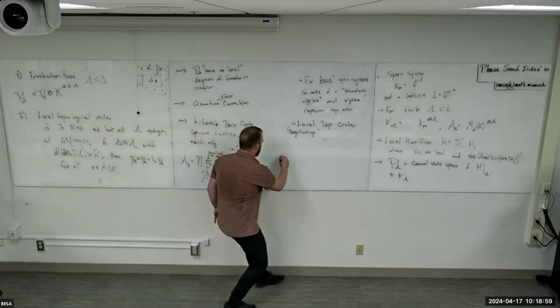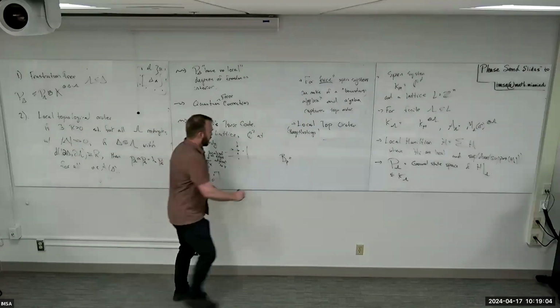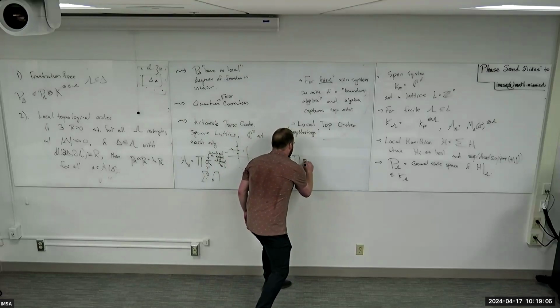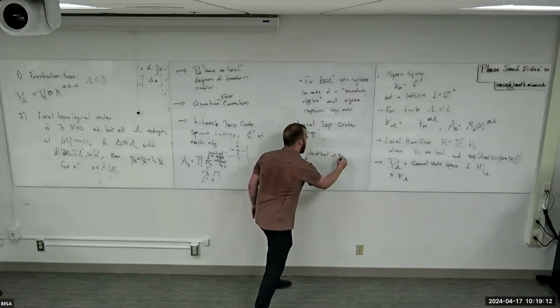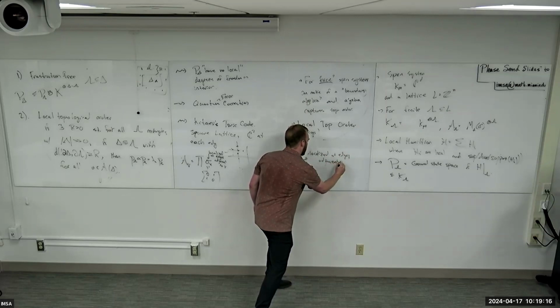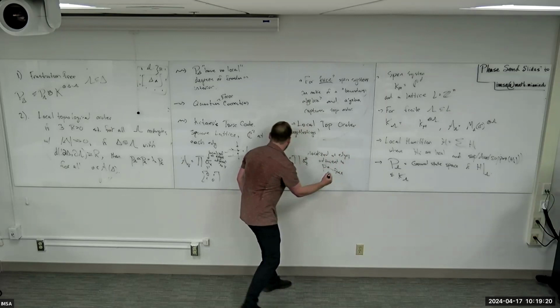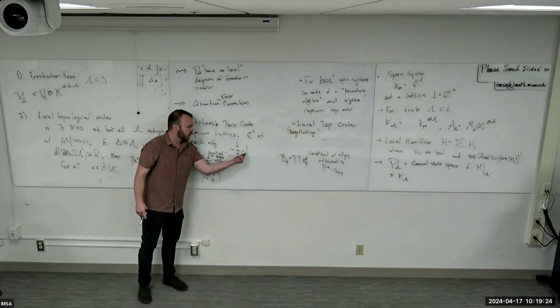And then there's another type of term, a plaquette term, which is the product of Pauli Z's, where these are localized at edges adjacent to the plaquette. What is a plaquette? This is a face. I don't know why they used the word plaquette, but the face. So for each face, I look at all the edges around it. I apply Pauli Z, Pauli Z, Pauli Z, Pauli Z.